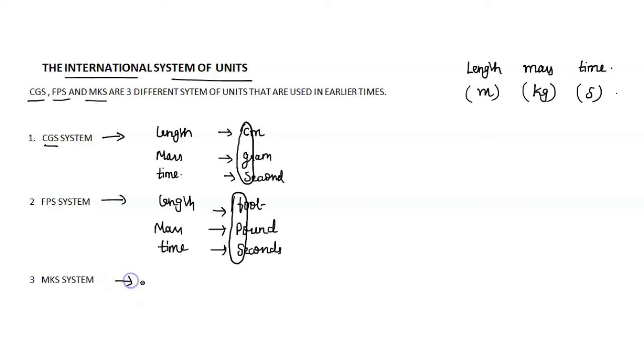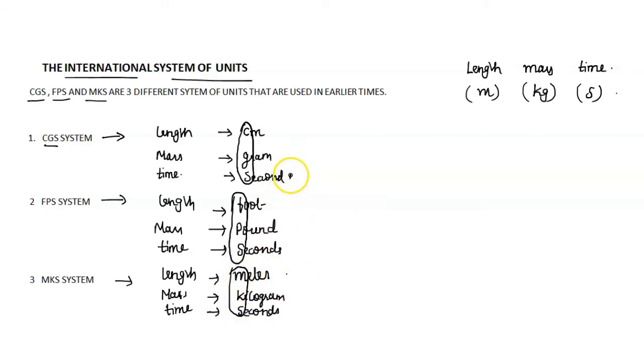FPS. Similarly, in MKS system, the units for mass, length and time are different for different quantities. That is, length is in meter, mass is in kilograms and time is in second. So the name comes MKS. So from these three systems we can conclude that the unit for time is the same for all three different systems